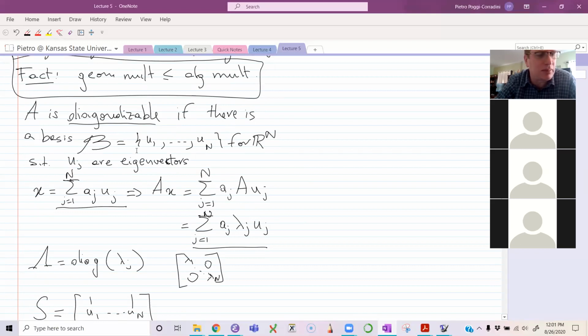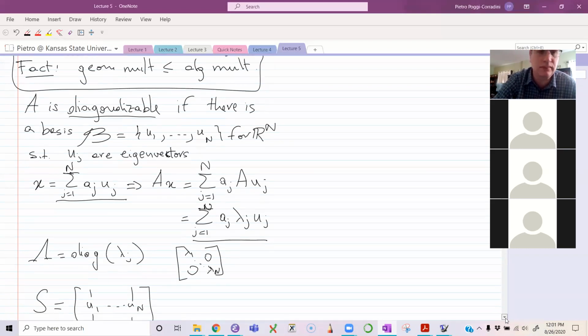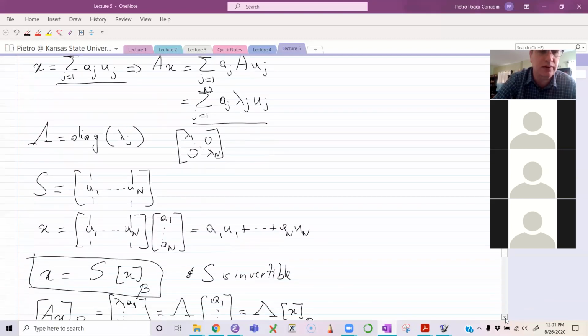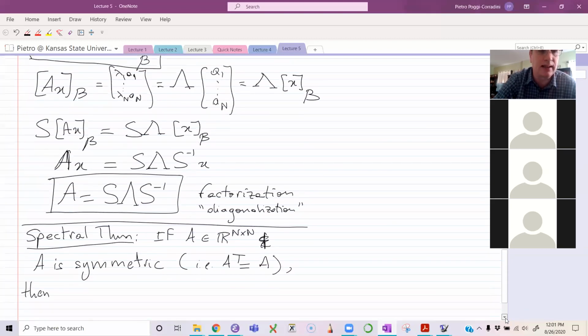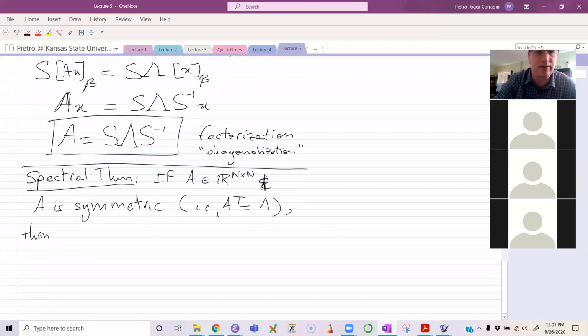So this is the most important fact: symmetric matrices are always diagonalizable. But even more than that, the spectral theorem says that not only is there a basis of eigenvectors, there is a basis